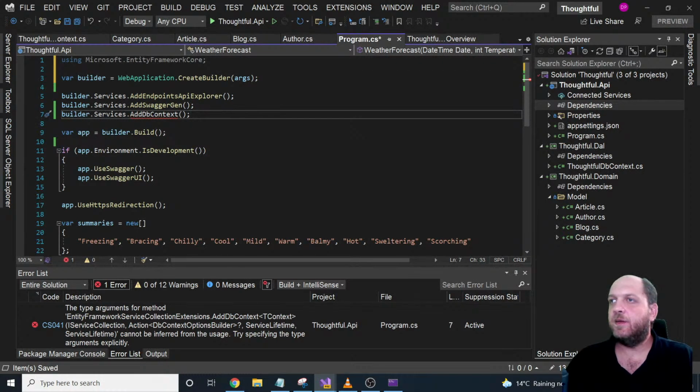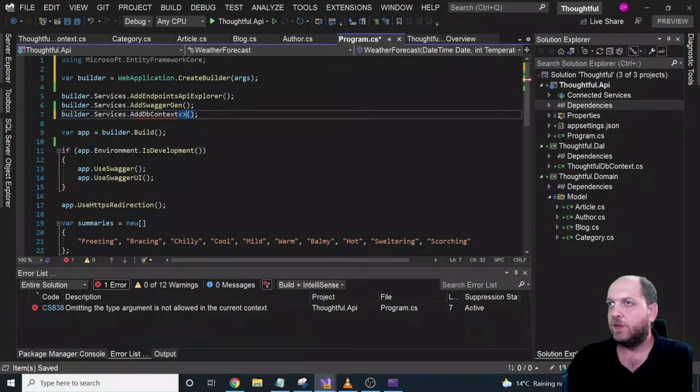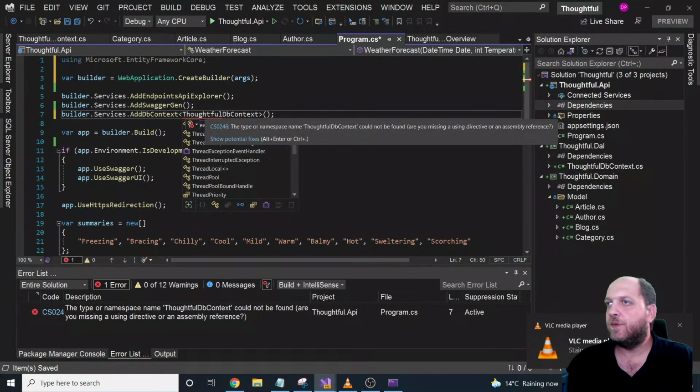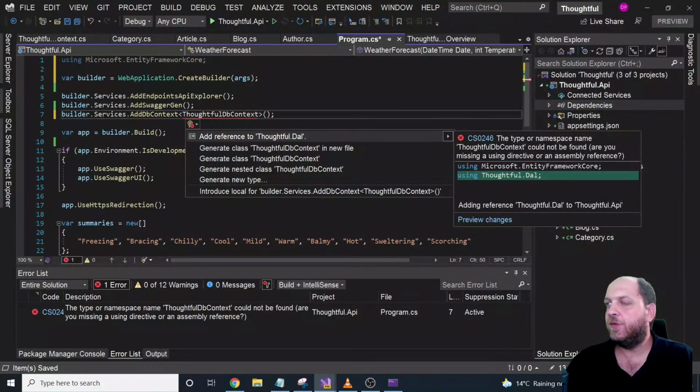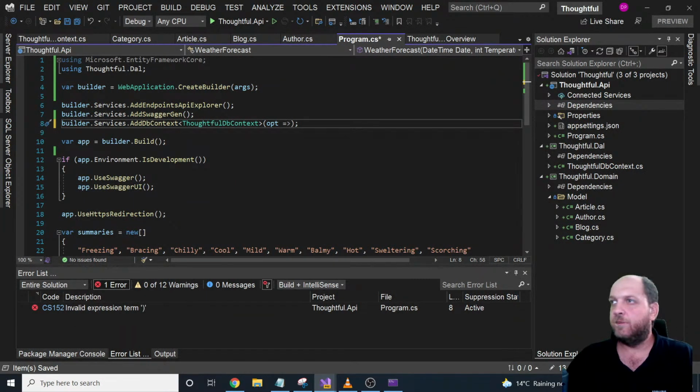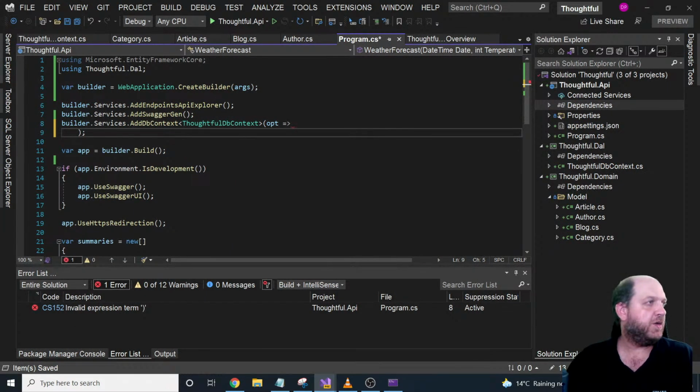But that actually it's underlined because we need to provide, of course, the options for that. Of course. Okay, and the DB context, of course, this is generic. So it would be how it's called, full DB context. Here I would probably need to add another package reference, correct? Which is okay. Yeah, and now that's a total different thing. And now, of course, we need to take here the options. And let's go on another line here and have